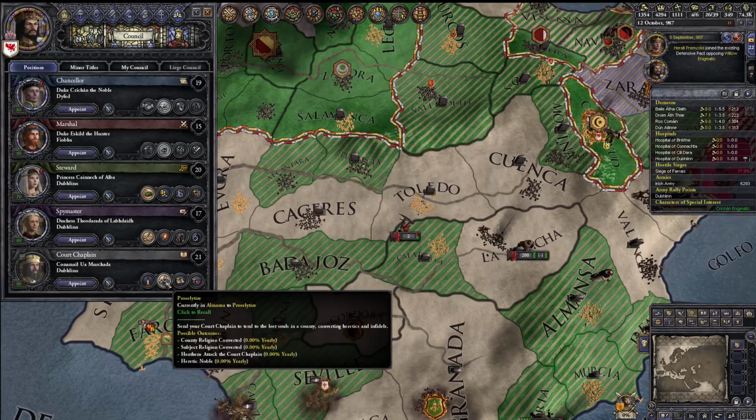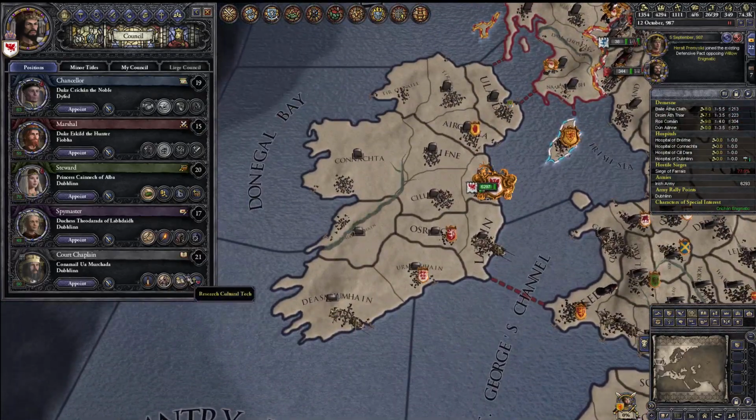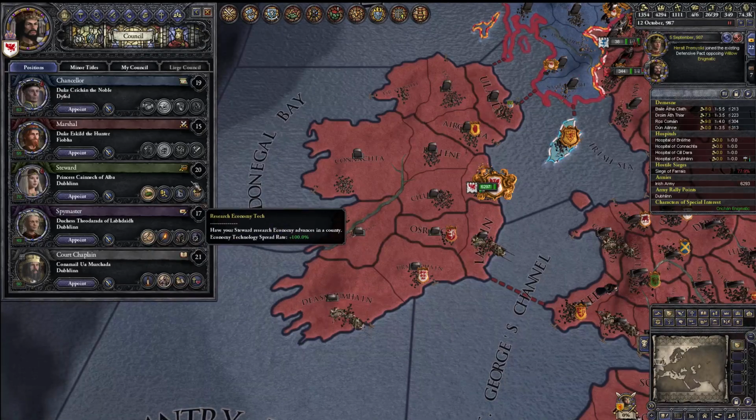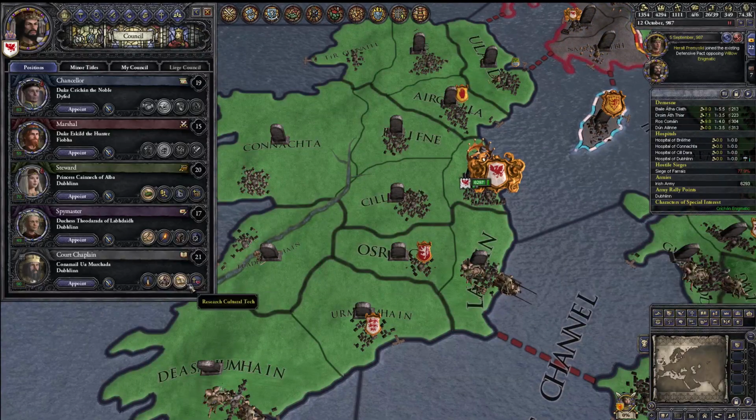And so that's that one. You can convert, or you can convert subjects. Heathens attack the court chaplain, or you can create a heretic noble, or find a heretic noble. Sorry, don't create one. Next up is cultural tech, and the cultural tech works the exact same way as the economy and the military. You put them on one of your...